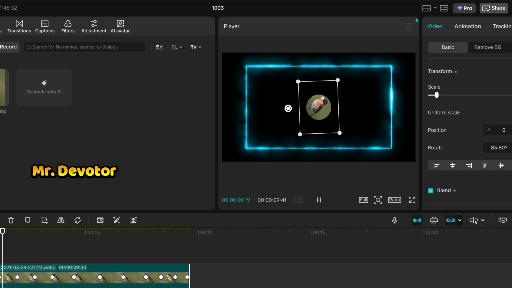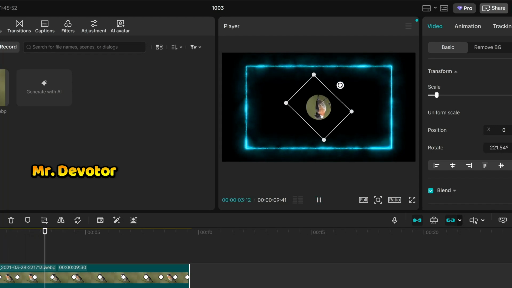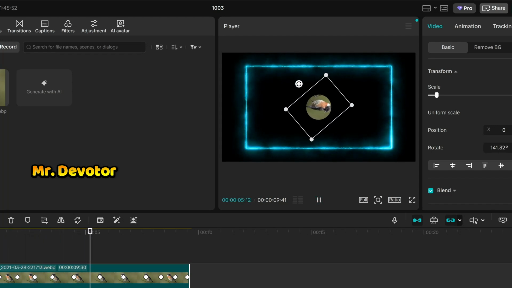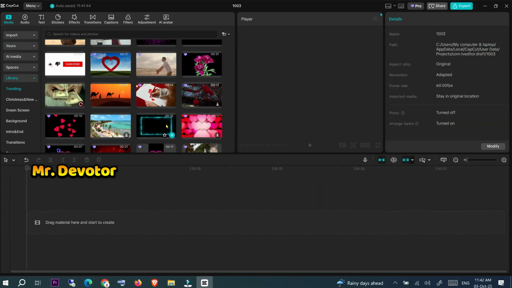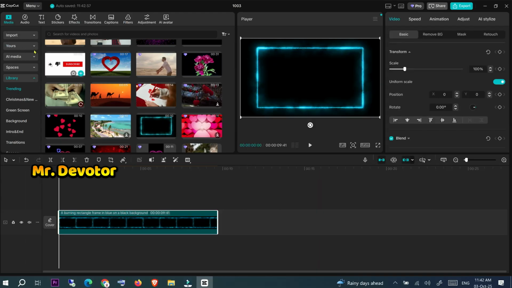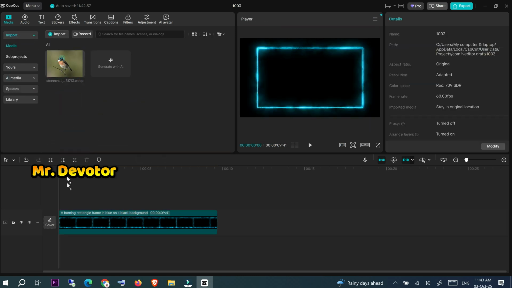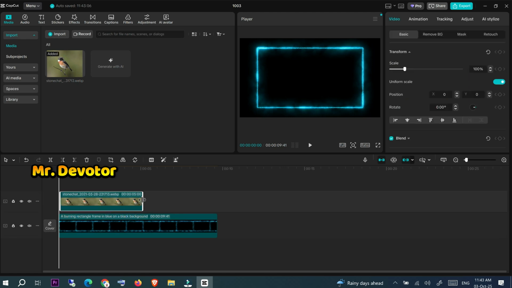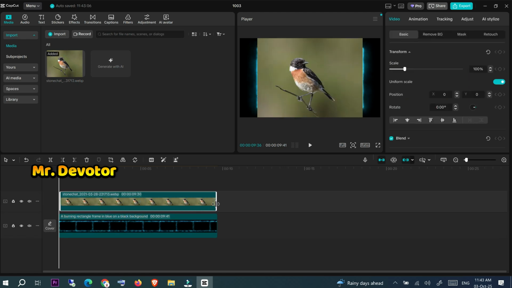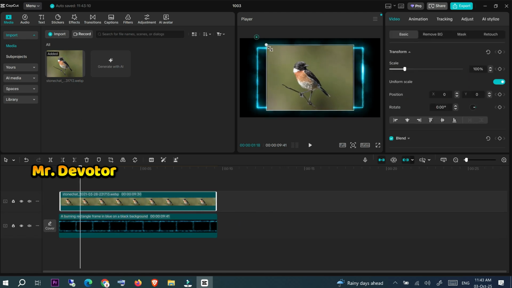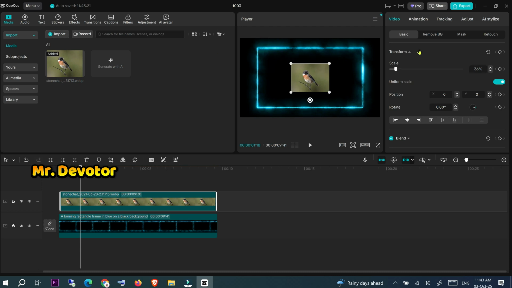In this video, I will guide you how to create a spinning image effect in CapCut PC. First, you need to import your video to the timeline and then go to the import and select the image. So I have this image, so I'll put it on the timeline, adjust according to the media, resize it and go